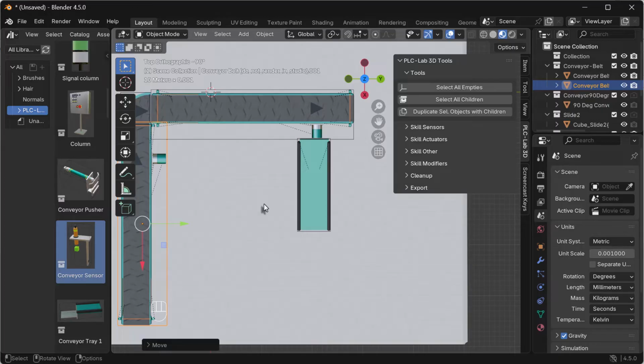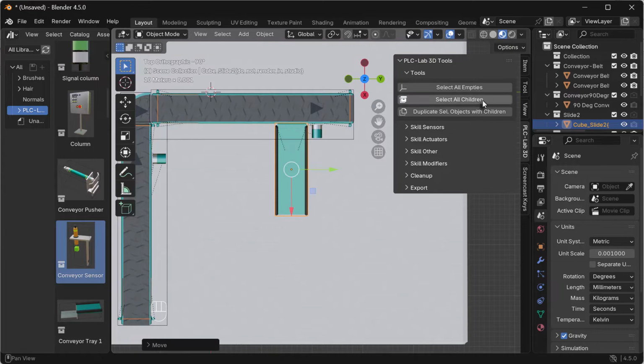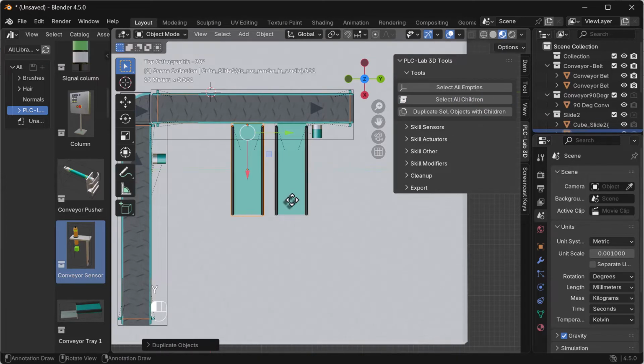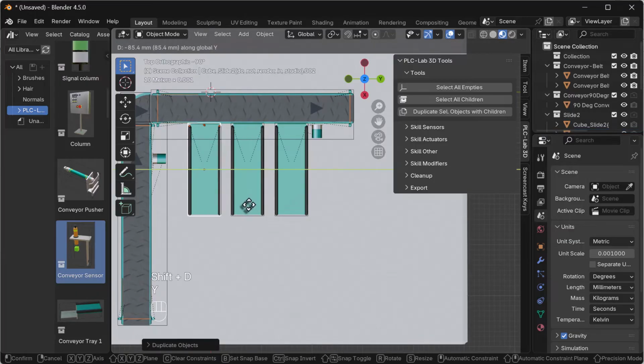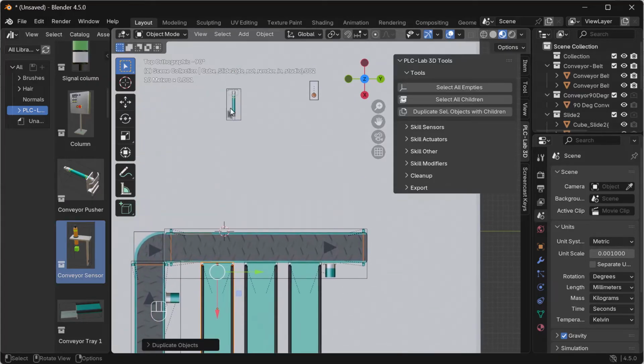All right, let's continue. With the chute, we'll first position the chute on the far right side of the belt, then select all its components via the button in the plugin and duplicate it twice. Now just arrange both duplicates, and then we can check off the three chutes. Yes, the copying is very fast. Great. What's next? Now we'll focus on the cylinders that push the cubes onto the chute.